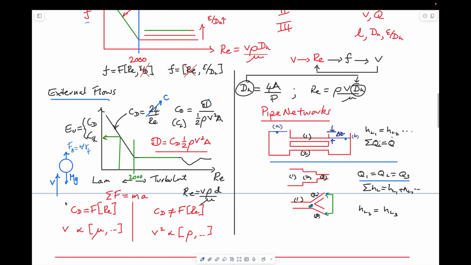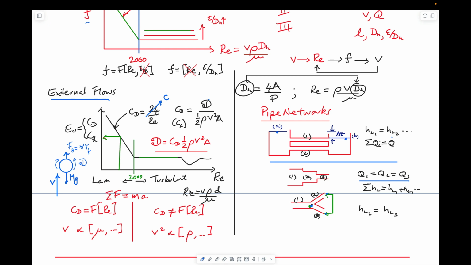And so here you'd balance the weight of the particle relative to the buoyant force, and then there would be a drag force which would be applied on this, which would be your curly D value. And so you'd write an equilibrium equation between the buoyant forces and the weight and the drag force. Throw away the buoyant force if it's small, but keep it if it's perhaps in a liquid, and then solve